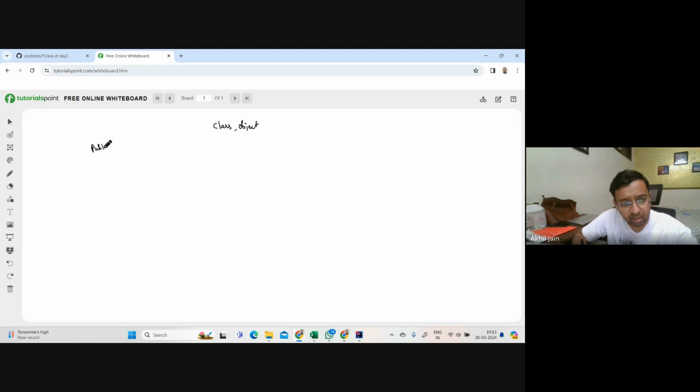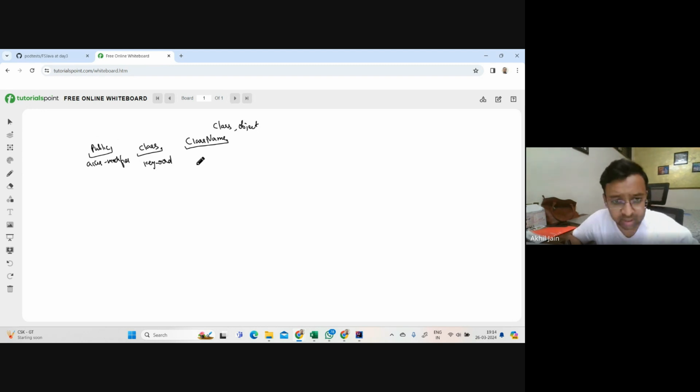You will add an access modifier like this. This is an access modifier. Then you will use the keyword class, which is just a keyword which you have to use if you want to create a class. And then you need to provide a class name. You can provide the class name as per your best understanding,